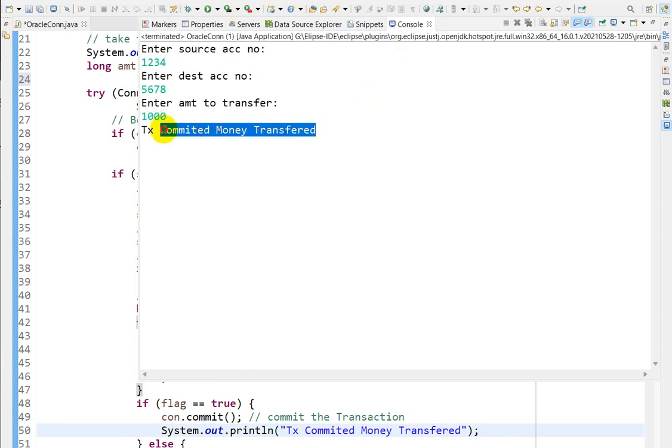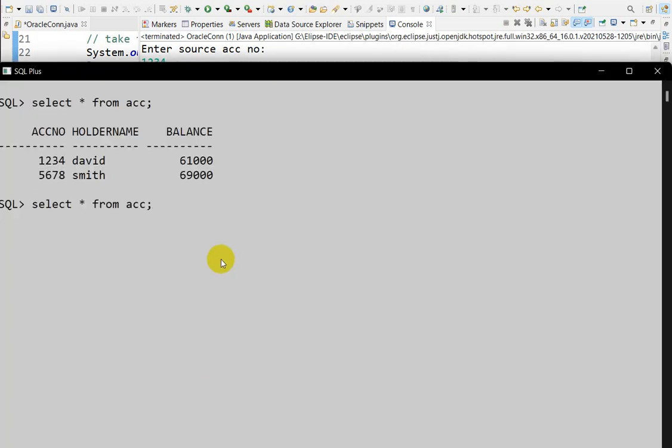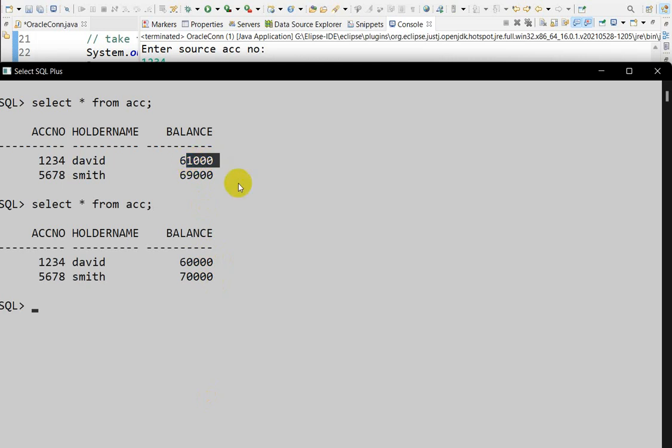Here you can see transaction completed, money transferred. Now let us see the table, and here we can see the 1000 rupees is transferred to your friend Smith, right? Earlier it was 69,000 and now 70,000, and earlier you had 61,000, but here you can see the reduced amount.